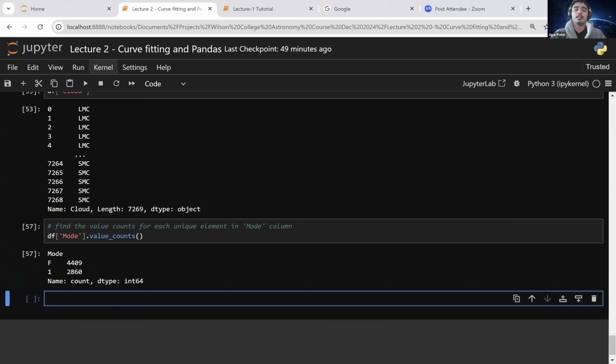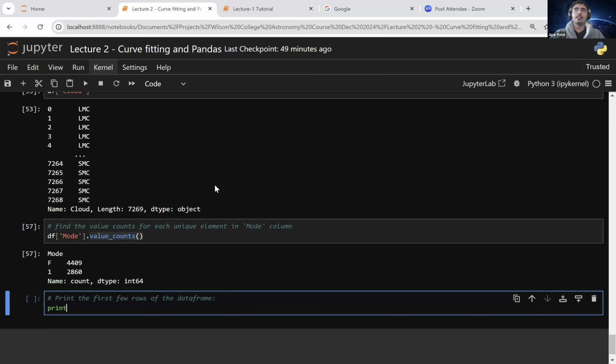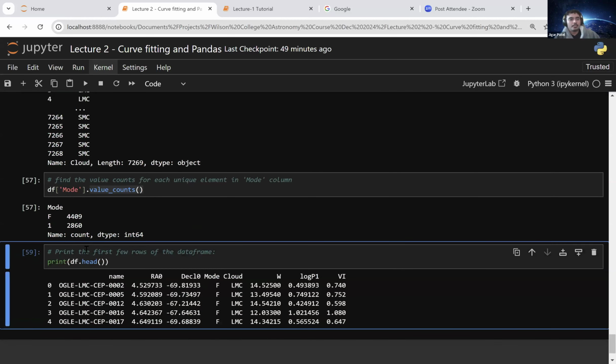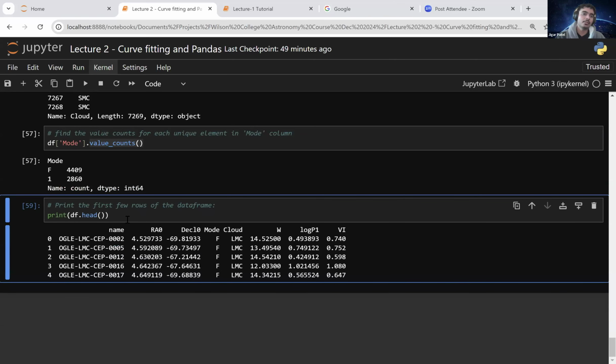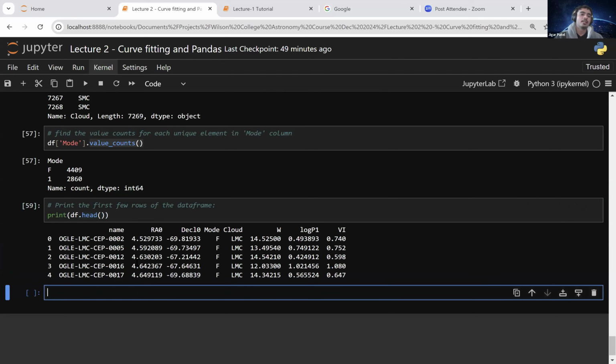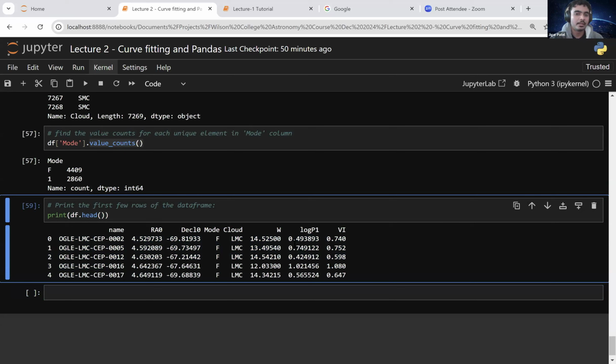Yeah, so you can practice this particular function with different columns. And then if you want to print just the head, so print the first few rows of the data frame, this is how you do it. So print df.head, sorry, not data, df. This is going to give you the first rows of the data frame. Why is this useful? What if your data has like 100,000 rows? You don't want to use your processing power just to load all of that in. So in that case, you just do df.head. You can get a gist of what the names look like, what the right ascension looks like, and what the color index looks like